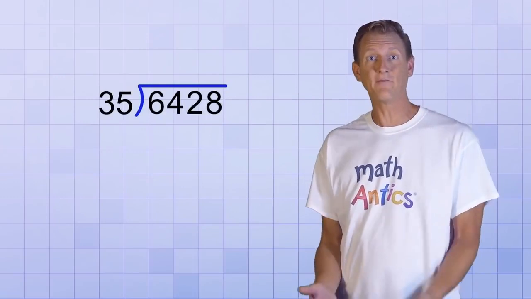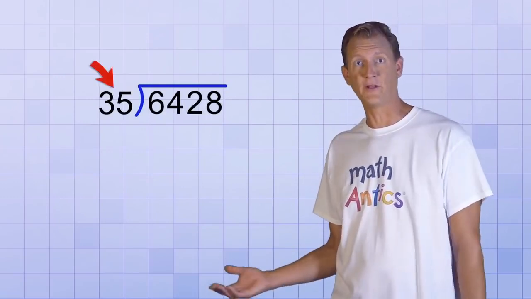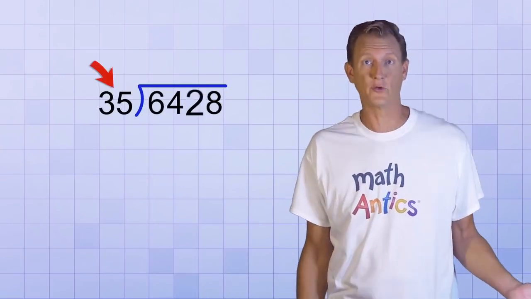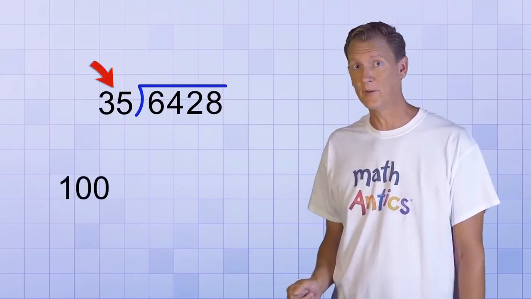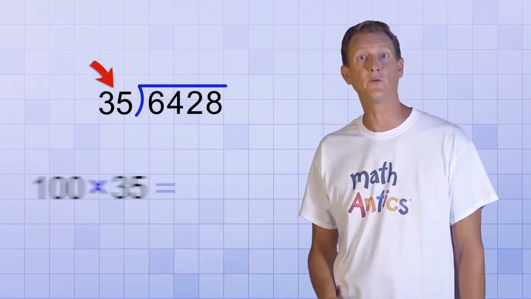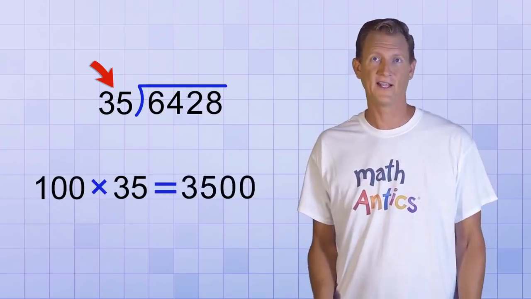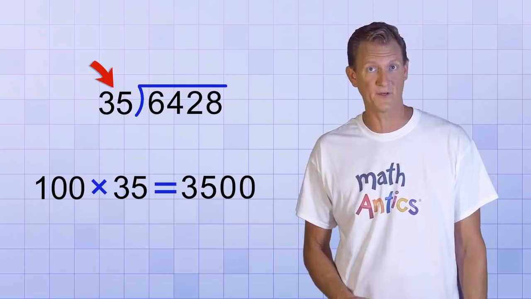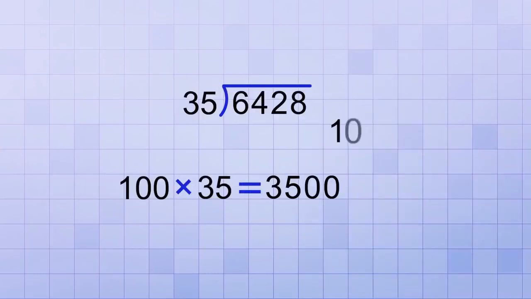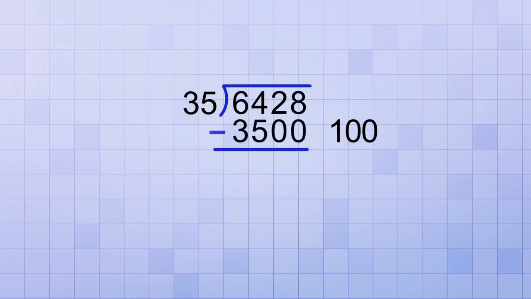For example, I have no idea exactly how many times 35 will go into 6,428, but I do know that it will go in at least 100 because 100 times 35 equals 3,500. And since that multiple was so easy to calculate, I'm going to choose that as my first partial answer. I'll write 100 off to the side, and then since 100 times 35 equals 3,500, I'll subtract that from 6,428 to get a remainder of